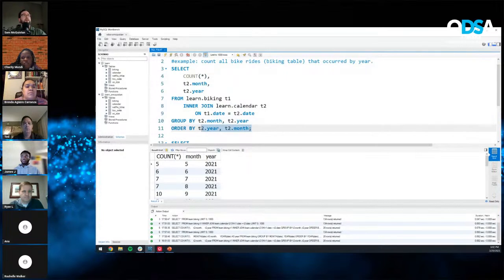So if we put month here before the year, then it would return everything in month ascending or descending order, and then the year. So if we have rides in May of 2021, 2022, and 2023, it would return May 2021, then May 2022, and then May 2023. And then it would start with the next month, June 2021, June 2022, June 2023. So to show you,